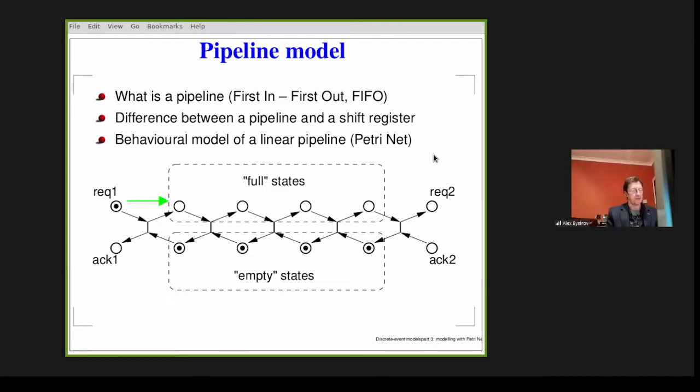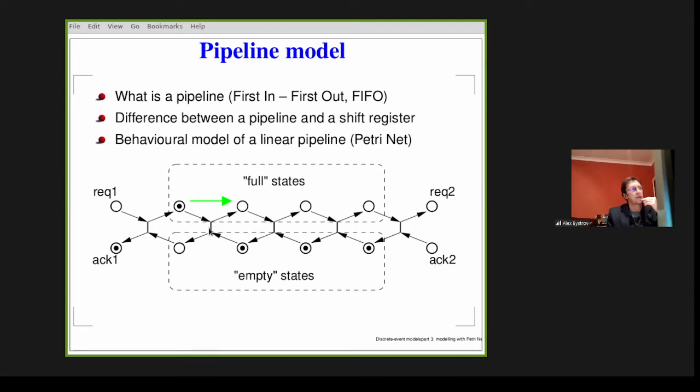Now let me do this first step of animation, and yes, exactly the same thing happened. Now this flag here is up, so the stage is full. This stage is empty. As this stage is empty, nothing will come from here. It's empty forever. But this stage is full, and according to the discipline of what we mean by saying that this is a model of pipeline, this stage should move its data further, according to this green arrow. And it will happen. Why?